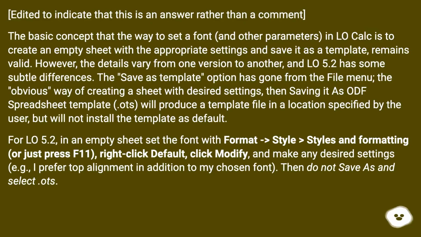Edited to indicate that this is an answer rather than a comment. The basic concept that the way to set a font and other parameters in LibreOffice Calc is to create an empty sheet with the appropriate settings and save it as a template remains valid. However, the details vary from one version to another, and LO 5.2 has some subtle differences. The Save as Template option has gone from the File menu, the obvious way of creating a sheet with desired settings, then saving it as ODS spreadsheet template. .ots will produce a template file in a location specified by the user, but will not install the template as